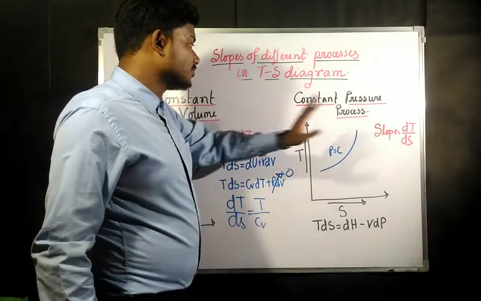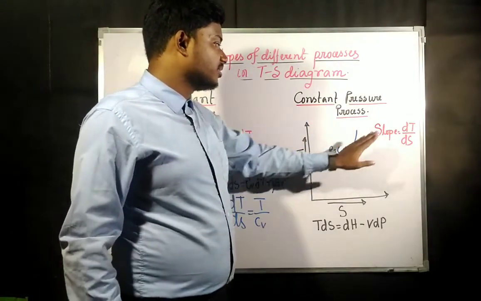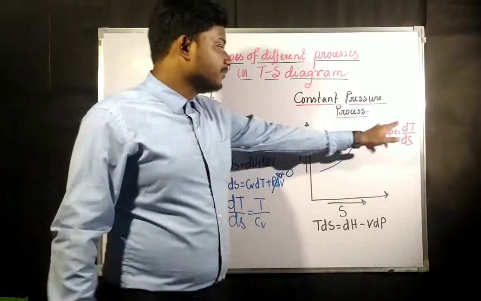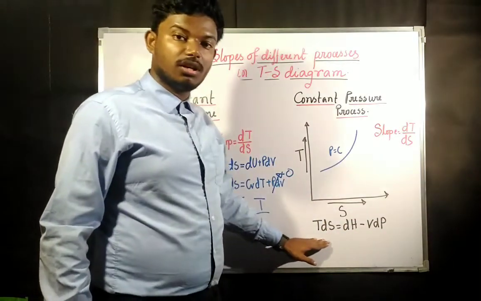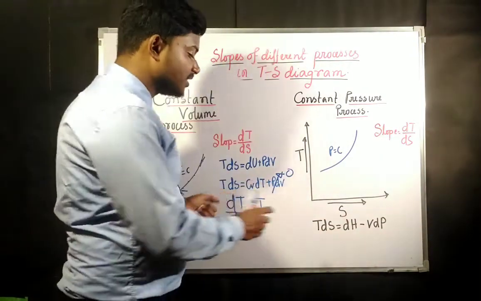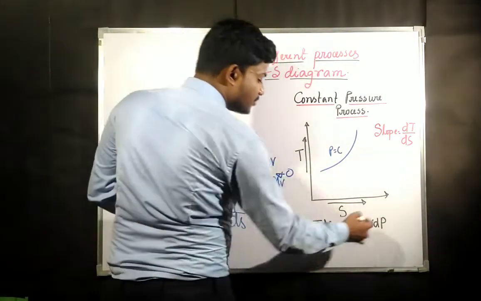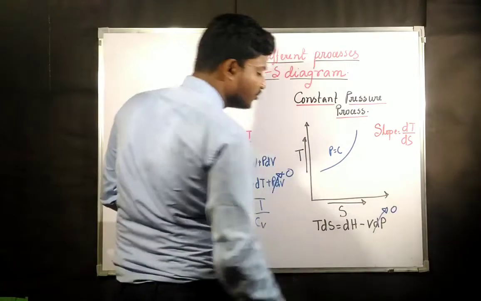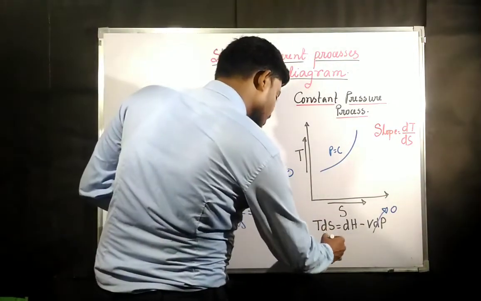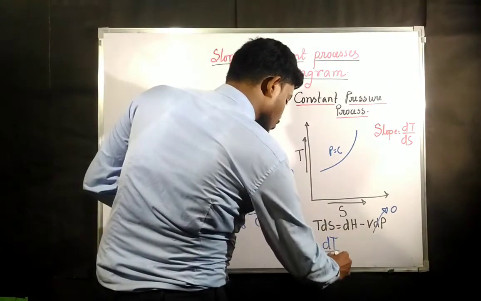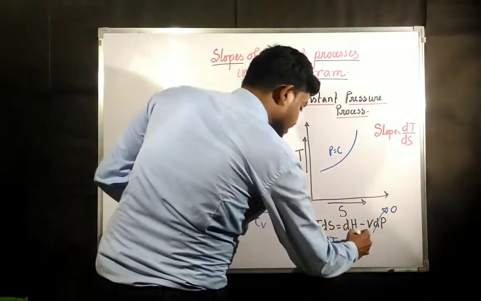Now coming to the constant pressure process. Similarly, the slope is dT by dS. This is the equation which we have got in this lecture: TdS equals dH minus V into dP. Since it is constant pressure, dP is 0, so this value is going to be 0. So what is going to be the value of dT by dS, the slope? dT by dS is going to be T by